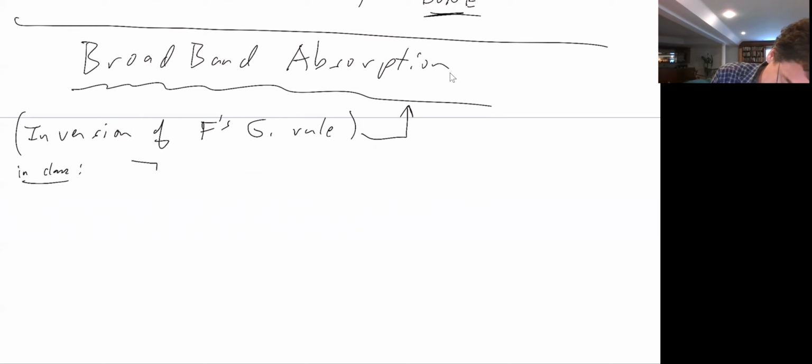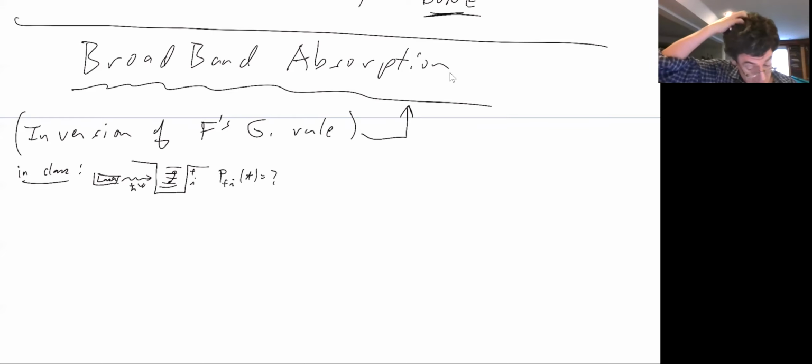In class we talk about, I have some quantum levels, and I have some initial state, and I have a laser which shoots a pure frequency omega at that, and then I ask, what is my probability to have a transition from my initial to final state at some time t? Okay, that's what we often talk about. But